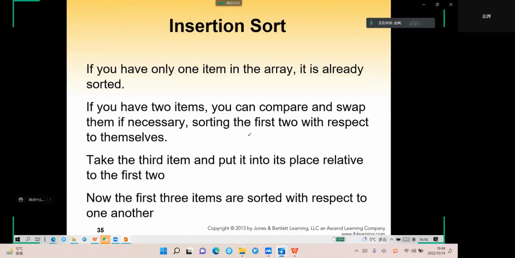So we have talked about selection sort and bubble sort. Is there any faster approach? We are going to talk about insertion sort. Insertion sort is very frequently seen. I don't know whether you play poker or not. If you play poker,